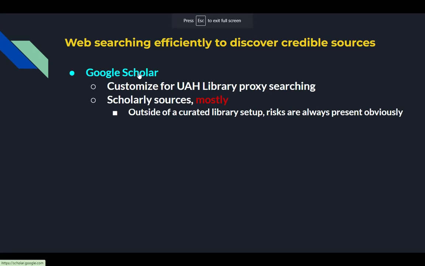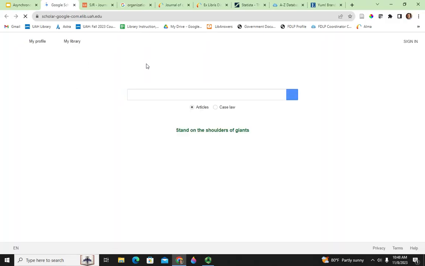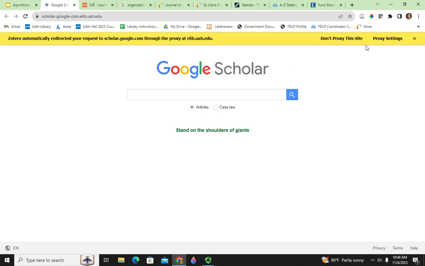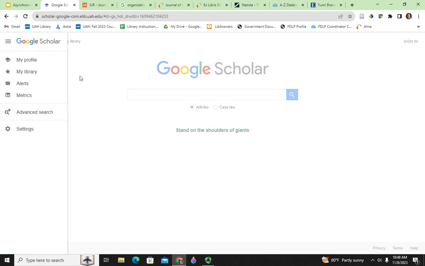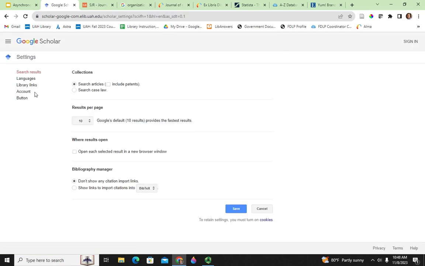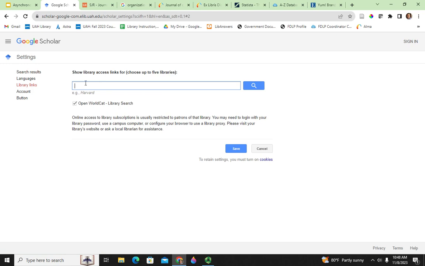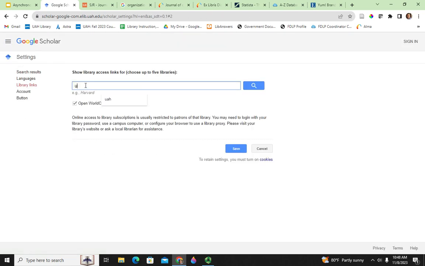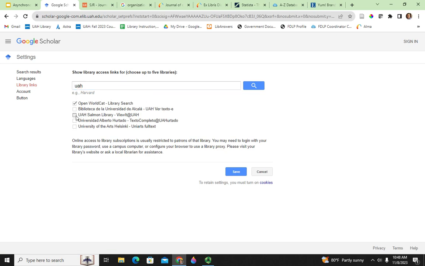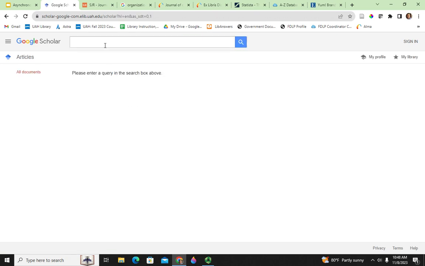If you're using Google Scholar, a couple of tips on Google Scholar, just to jump out here. I know many people like to use this tool. If you do, make sure you go to the settings at the top left here. Click on the little options, click on the settings, and click on library links. Okay, so settings, settings, library. You'll want to type in UAH, hit search, check the little box for UAH and save it. Now when you search, you will do